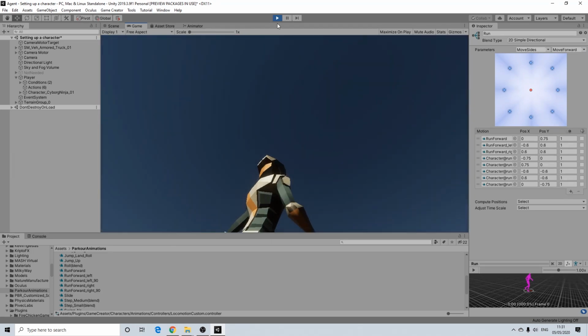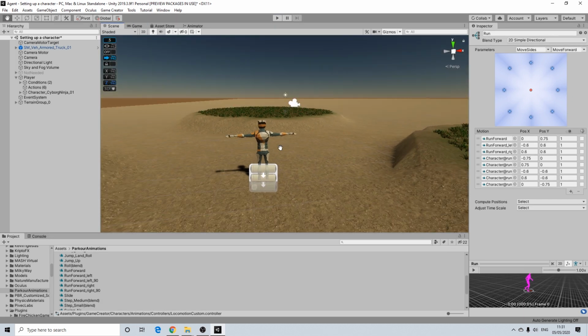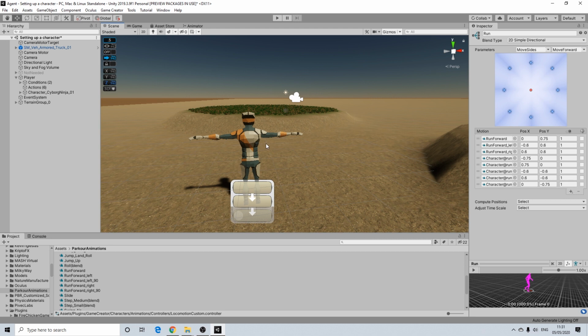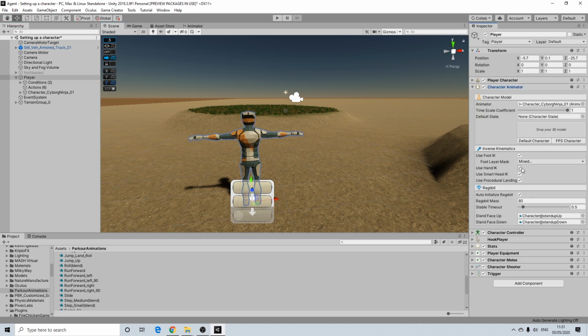So yeah. Now, important thing, if your animations actually have the head moving, etc., and you're like, why am I not seeing any of that? Why is the idle animation not showing head movements, for example? It's because Game Creator has a lot of things turned on by default. So there's a lot of IK stuff going on here. So smart head IK, foot IK,